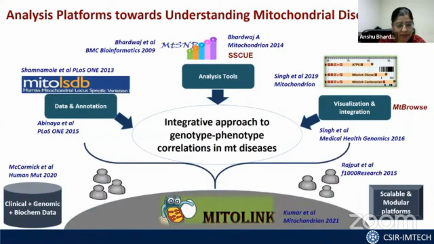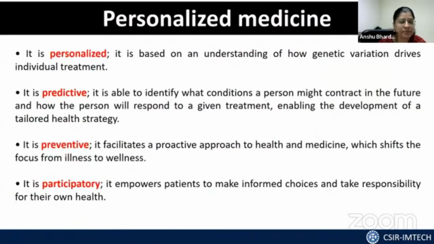Now, my lab has been developing these resources over a very long period of time, and we continue to do that from different contexts. In one of our new projects, we are trying to see how pathogenic variations in mitochondria make individuals more predisposed to infections. Because the other vertical of my lab works on infectious diseases, we are now merging the two domains in a very logical context.